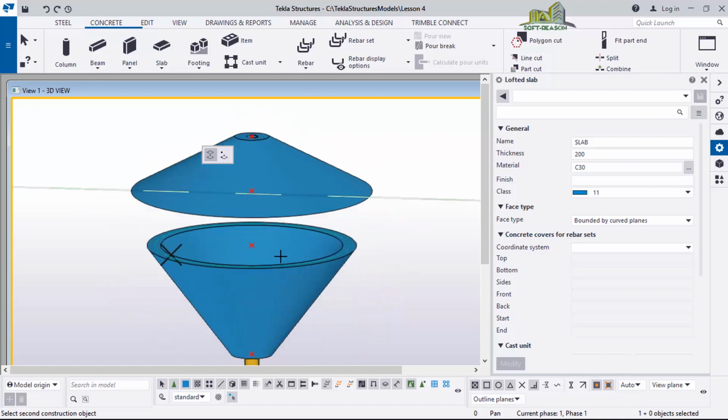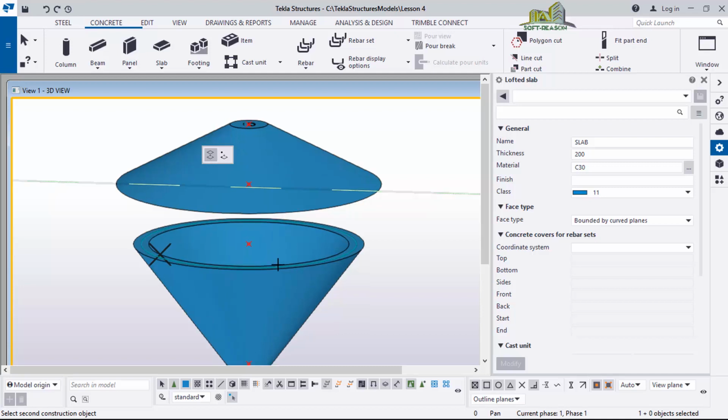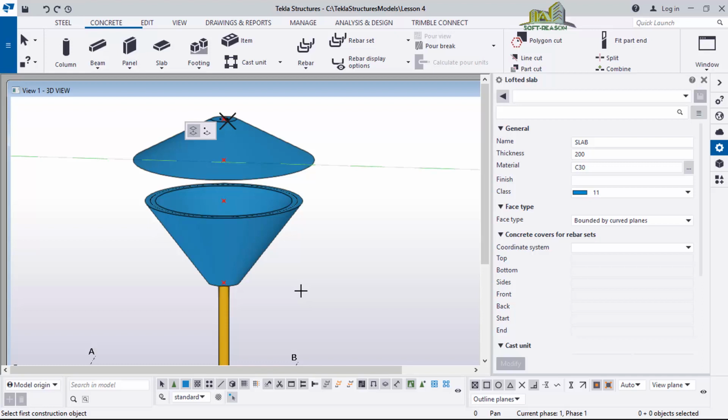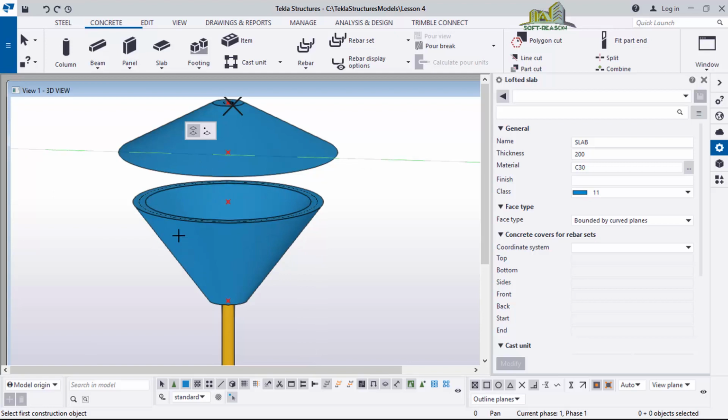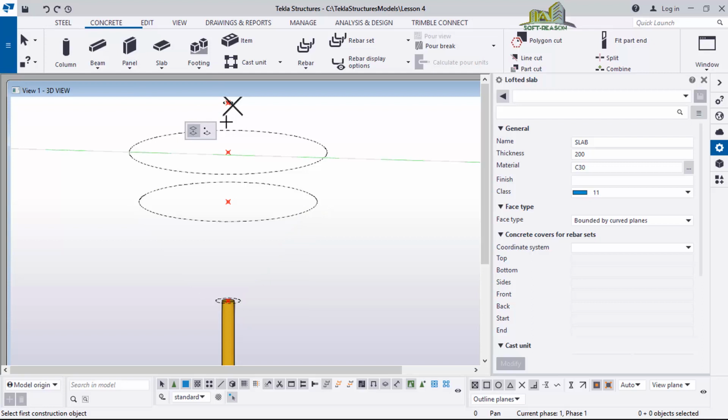It's not actually accepting to close it up. Since it's not accepting to close it up, you undo it. Let's undo it.